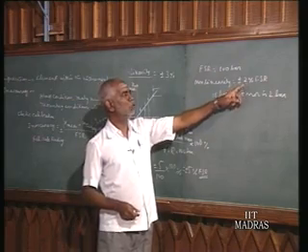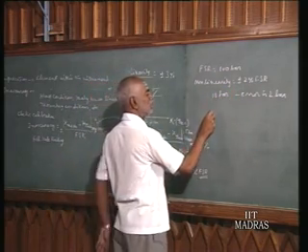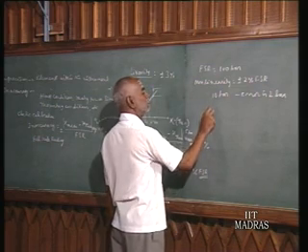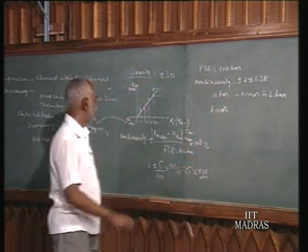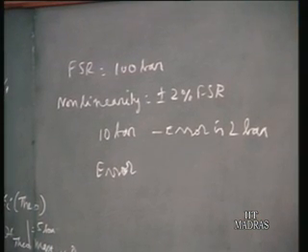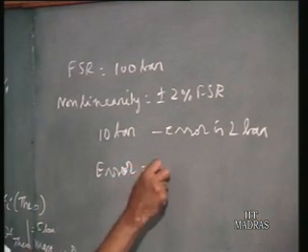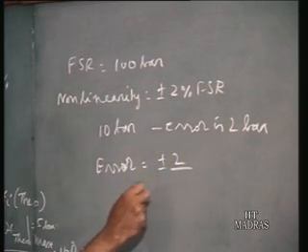2% of the full scale reading. So 2 bar will be the error for any reading. So for 10 bar, the error is... inaccuracy, we can also call it error. Error in percentage is equal to plus or minus 2 bar, the error, divided by